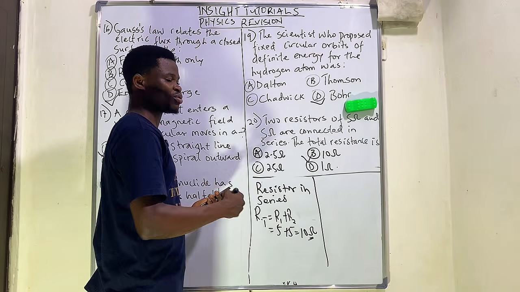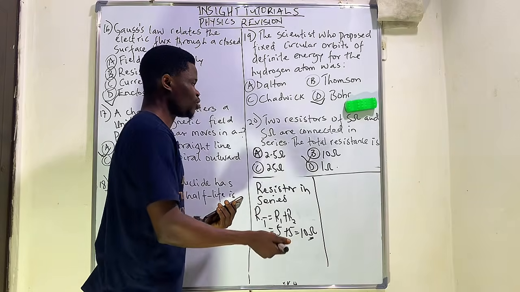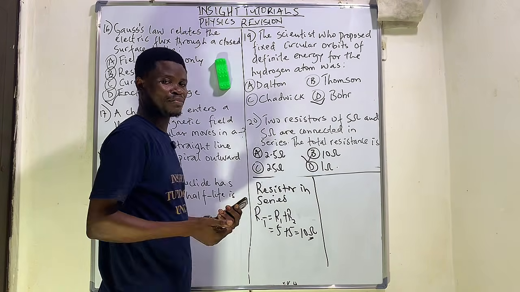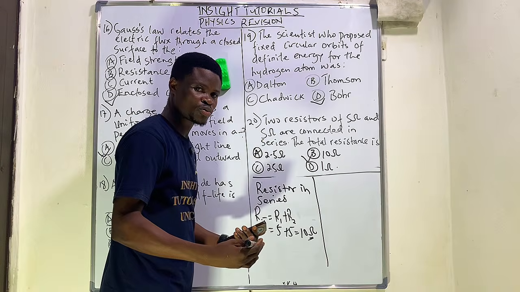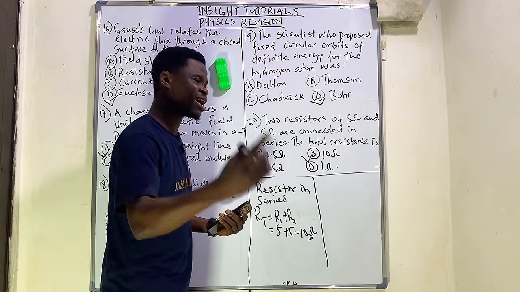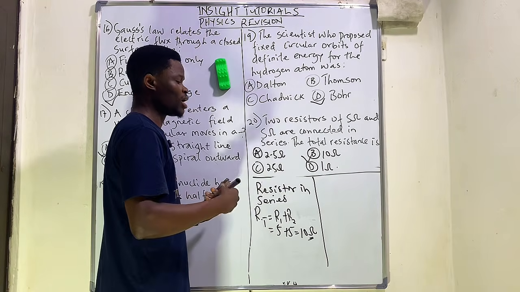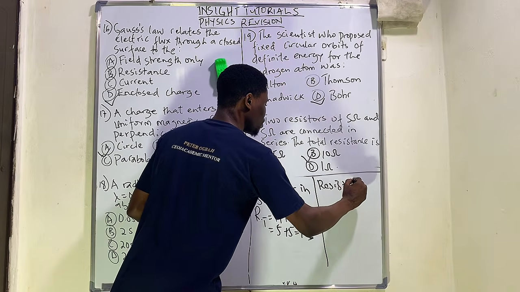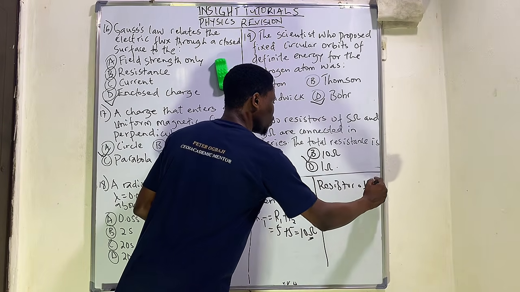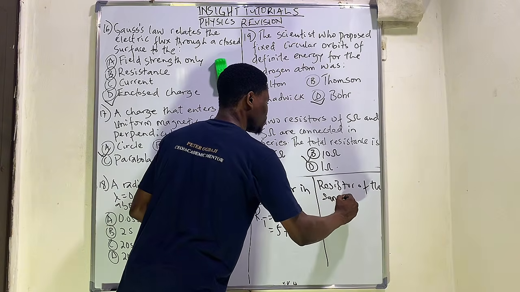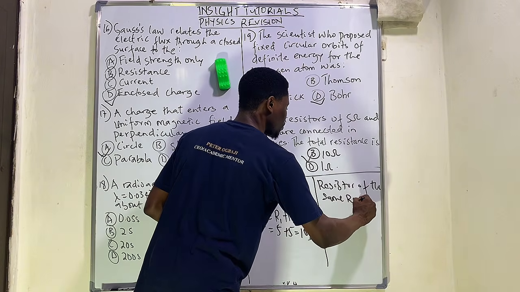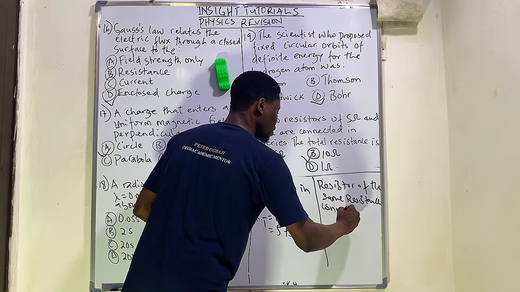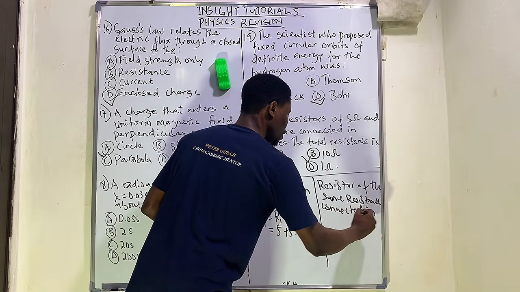But what if this was actually connected in parallel? If you notice, we have the same ohms, 5 and 5. So when you have the same ohms and the resistors are connected in parallel, not in series as in this question, let's say resistors of the same resistance connected in parallel,